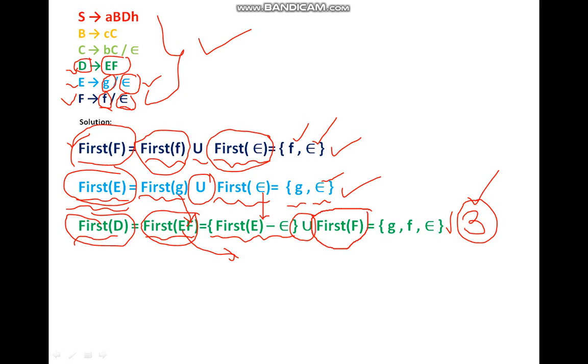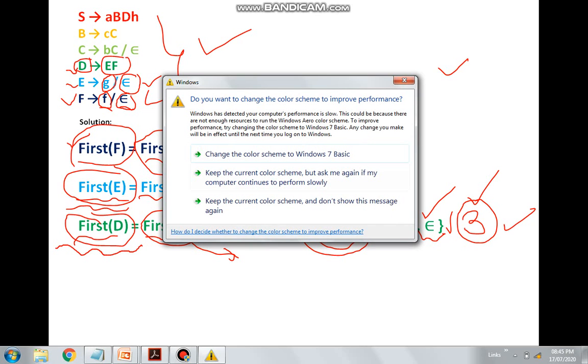F. So first of E is already given there, small g and epsilon, and if you subtract epsilon from small g and epsilon, you would get small g. And first of F is small f and epsilon, so we would add that here. In this way, using rule number 3 for calculating first of a variable, you can find out first of D.